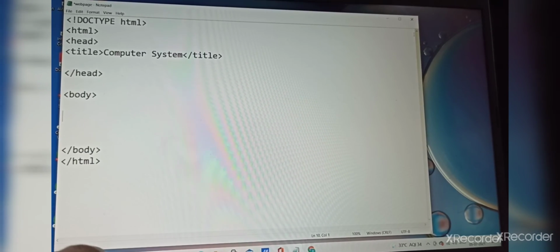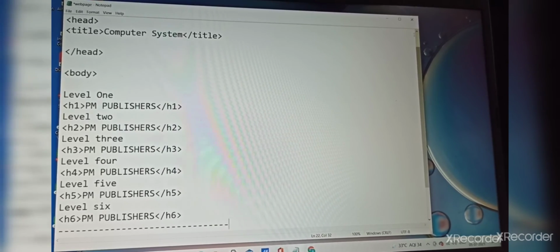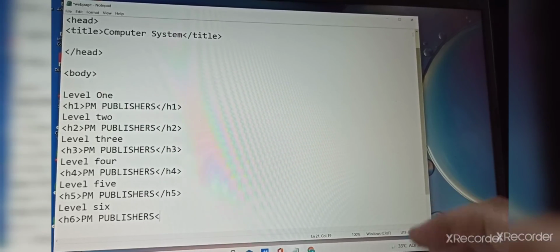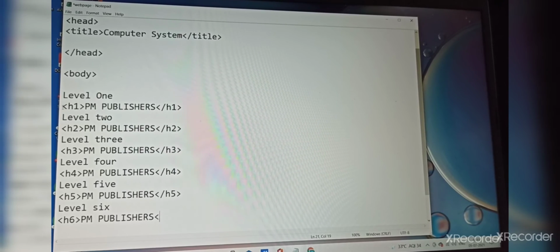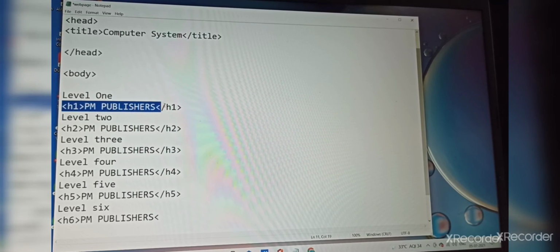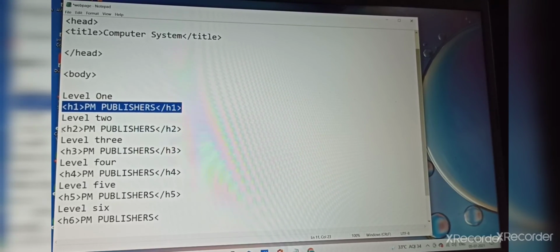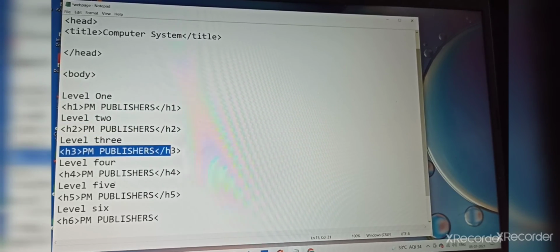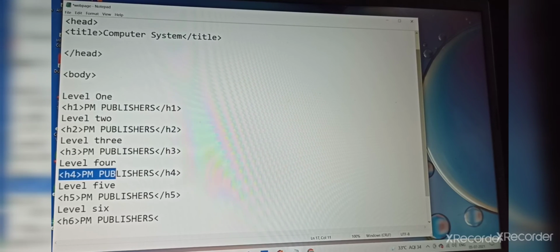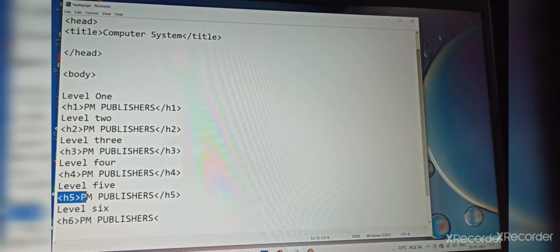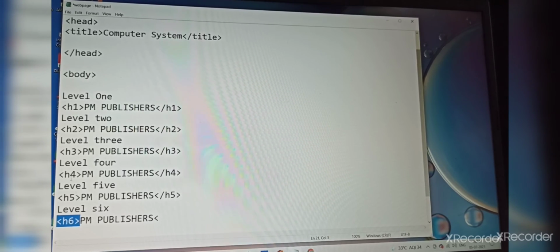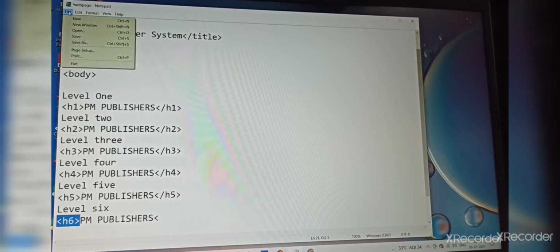So here I have given level 1 H1, the H1 heading tag, H2 heading tag, H3 heading tag, H4, H5 and H6. So H1 to H6 heading tags are there. We will see now what will happen.